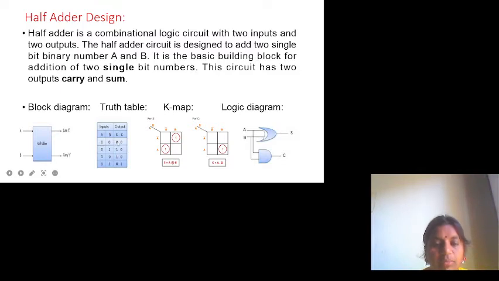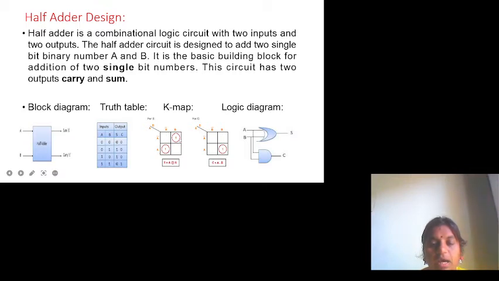In the truth table representation, sum is equal to A XOR B, see, A XOR B K map, and carry is equal to A dot B. The K map representation is for two variables, A and B. Within the vertical I have taken A, and within the horizontal I have taken the second input port, that is B. So B bar, A bar.